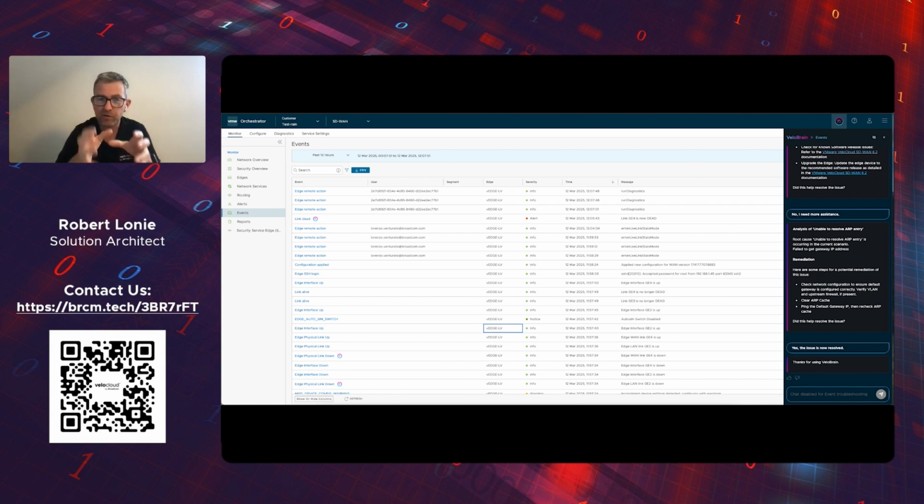So essentially what we've run through here is VeloBrain, the AI ops platform really, or tool, has gone through the entire process of troubleshooting a link dead event and come back with a root cause of the edge was unable to resolve its default gateway, thus causing the paths to go down and ultimately the link dead event.